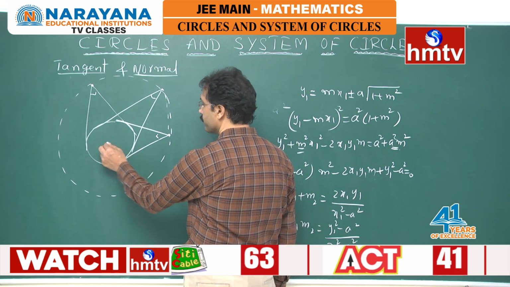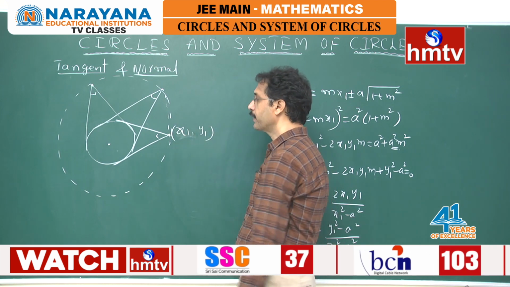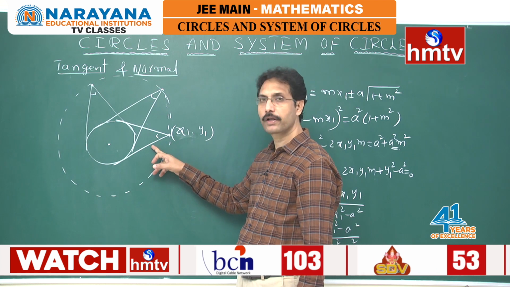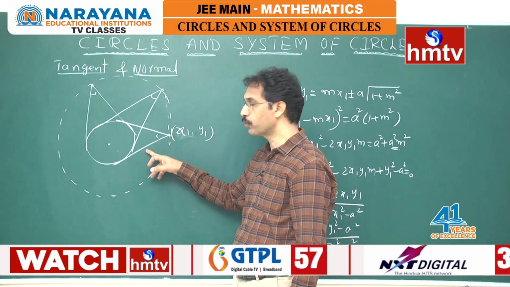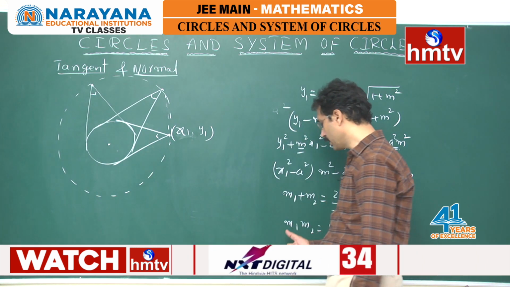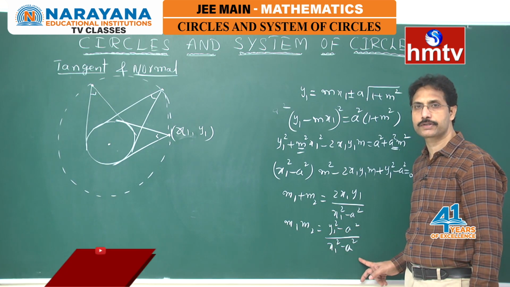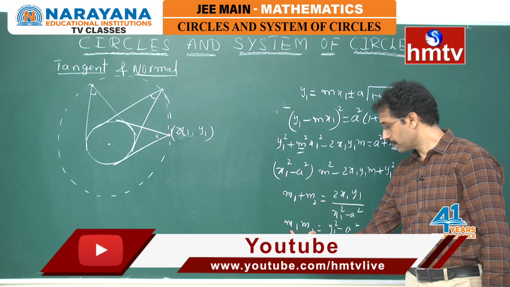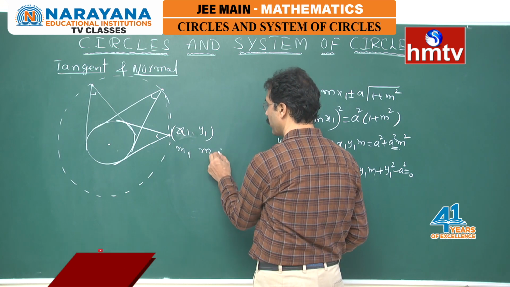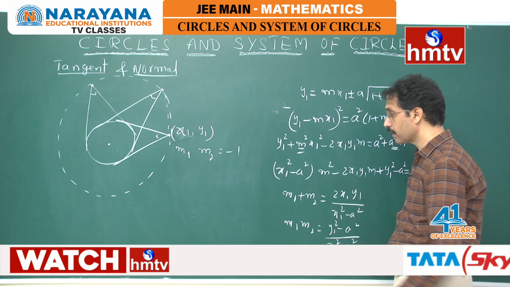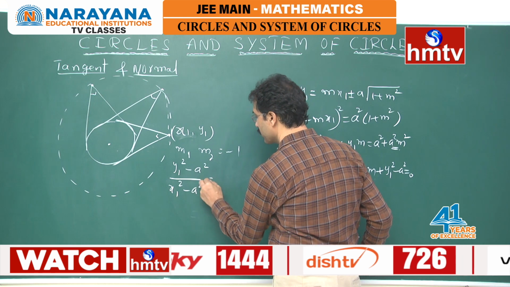Here, see, suppose this point is x1 comma y1. Now we are saying that it is the point of intersection of perpendicular tangents. This means if m1 and m2 are the slopes of these two tangents, then m1 into m2 is equal to minus 1. Already we have got the product of the slopes, that is m1 into m2 is equal to (y1 square minus a square) by (x1 square minus a square). So if the product is minus 1, on equating this with minus 1, we write: (y1 square minus a square) by (x1 square minus a square) is equal to minus 1.